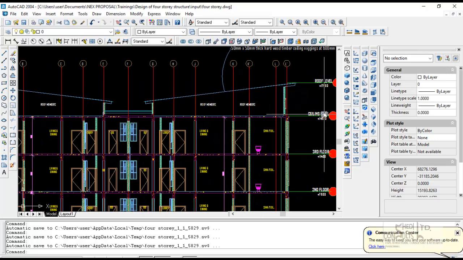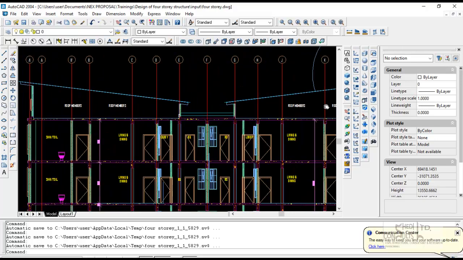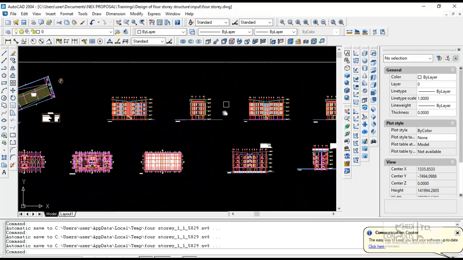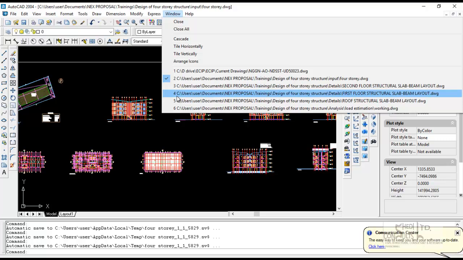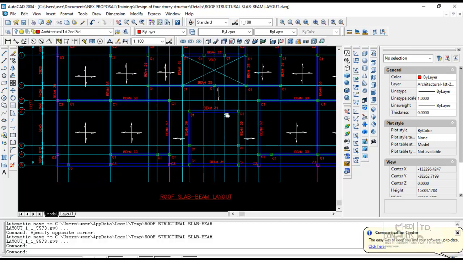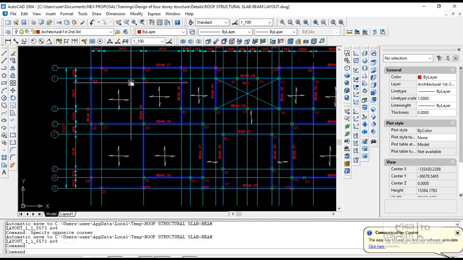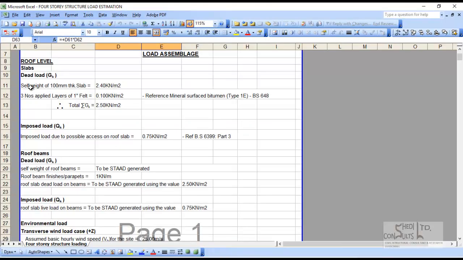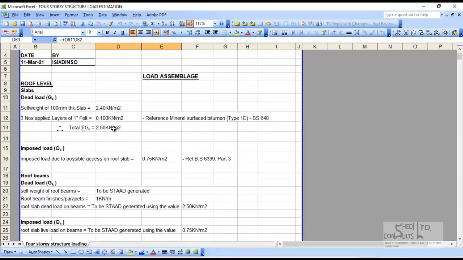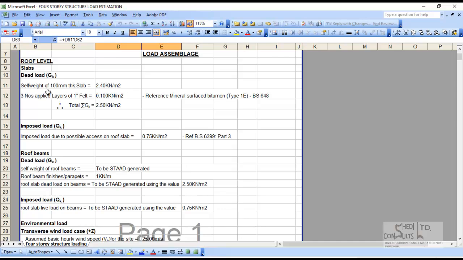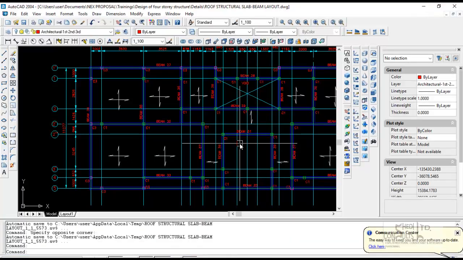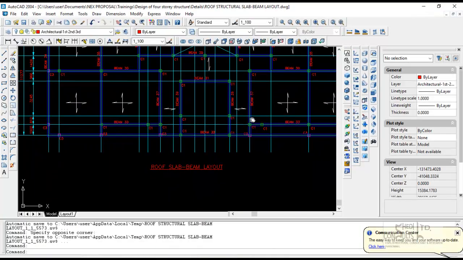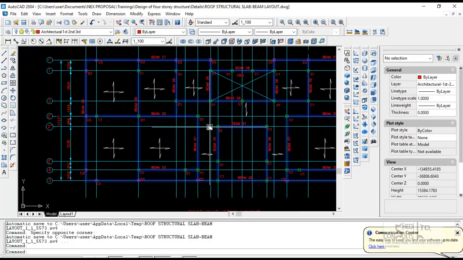So you have a slab at the roof level. So for the essence of this structural analysis, we have made the roof slab to be 100 millimeter thick. So if you look at the structural load assemblage, we have specified that the roof slabs are 100 millimeter thick. Therefore, the roof beams we are going to use for this design purpose for the roof level is going to be 230